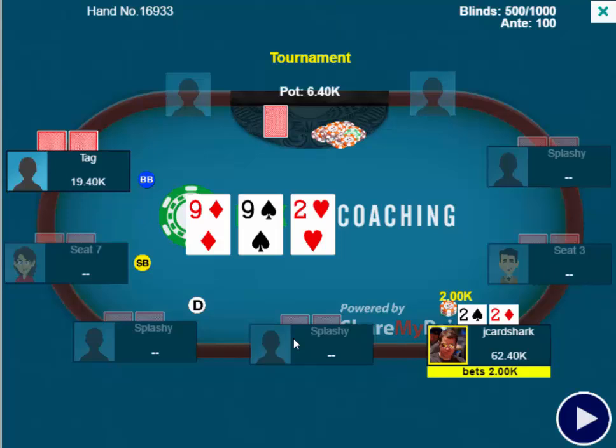more often. Also, when we bet this 2,000 chip bet on the flop, some people will lose their minds because you bet so tiny. And also, if he doesn't lose his mind and check raise with 5-4 of hearts or something like that, he may check call with a lot of hands like ace high and king high, which will be great. So this is a spot where I'm definitely betting, and I'm going to bet small in my whole